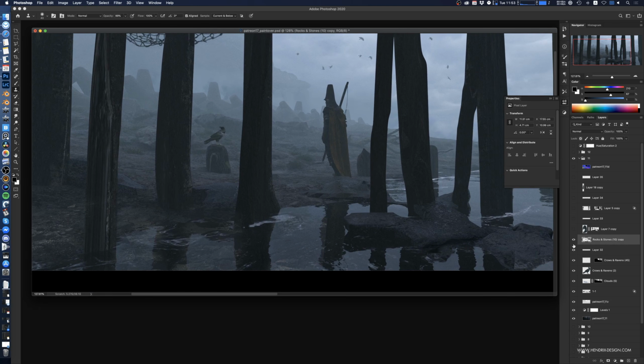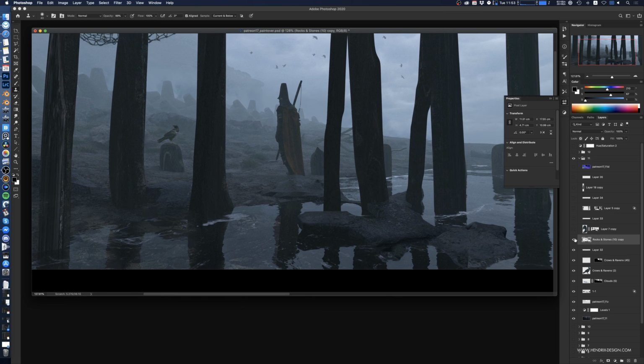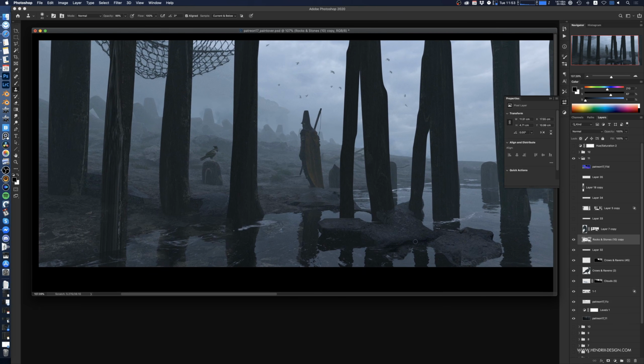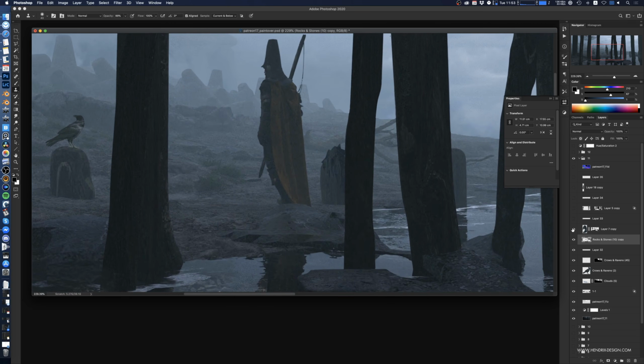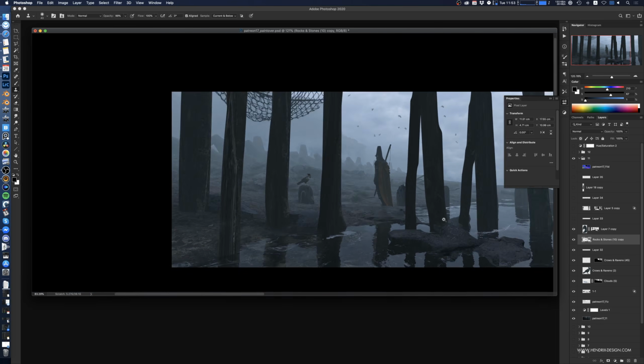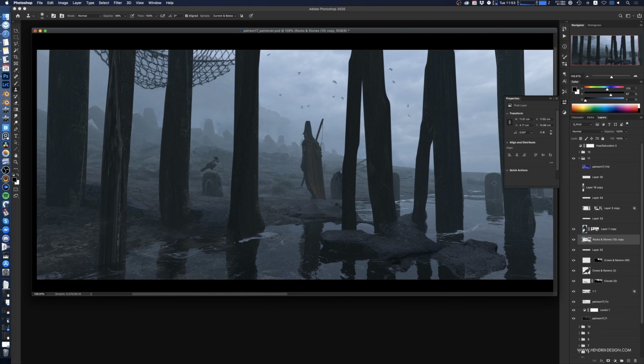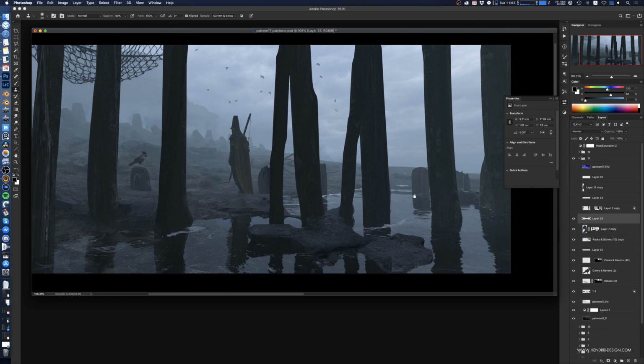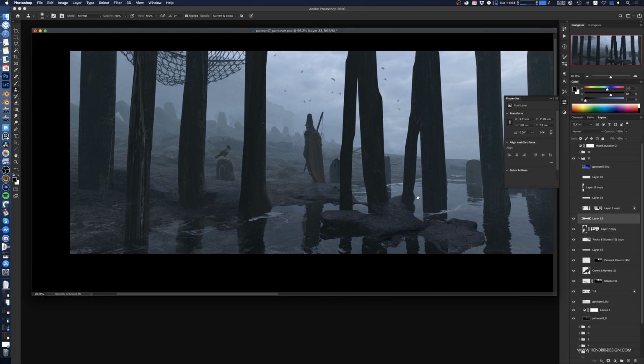Here I added some pieces of a rock photo just to get rid of these hard edges that some of these polygons have given me. So just to get rid of that and make it look a bit more natural, since these rocks are quite close up. Here I overlaid a little photo of a tree stump that I found. So that's another way to do it, instead of using the lasso tool and cutting around there, like I did here. You can find a bit of variety here in